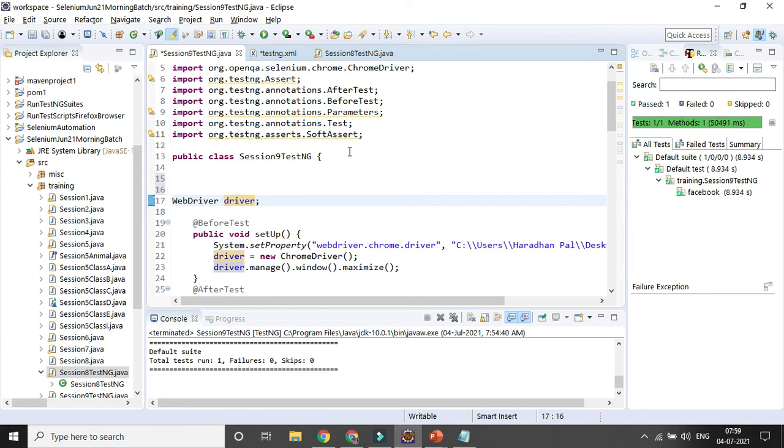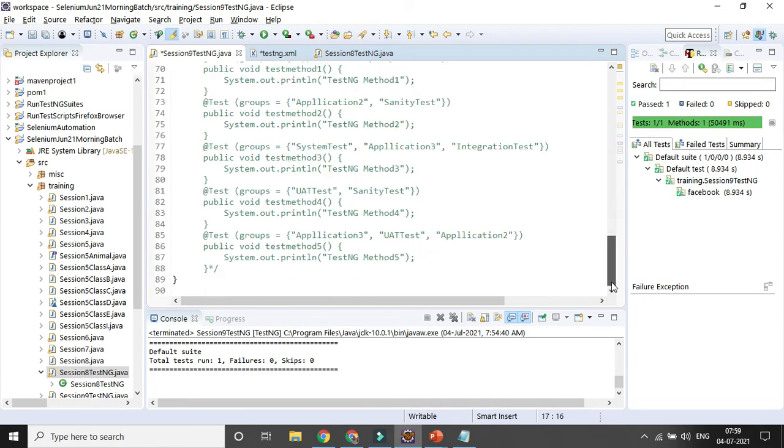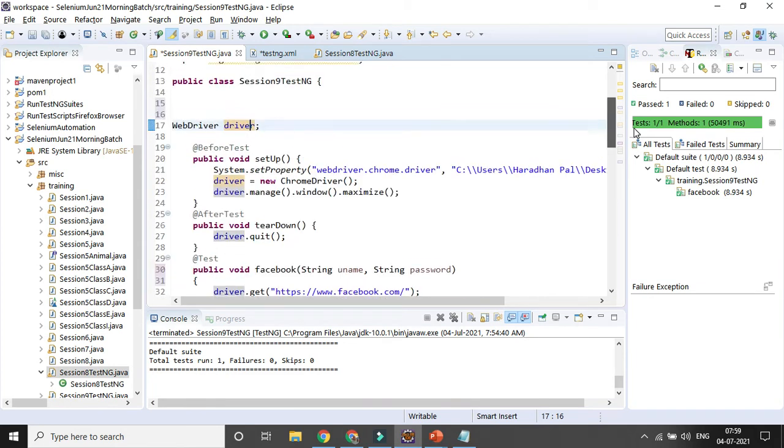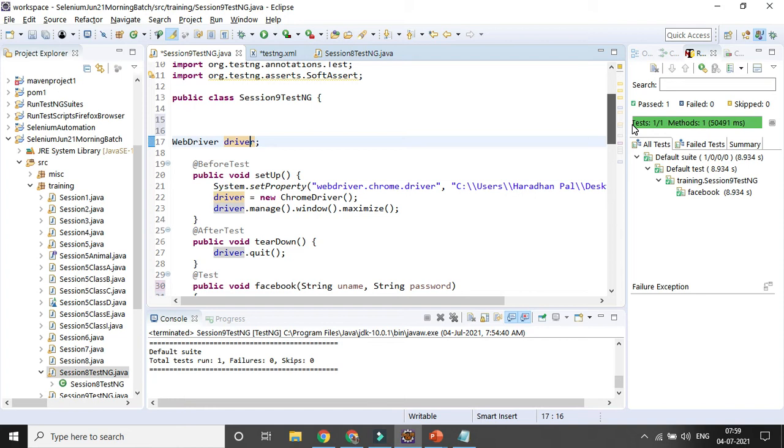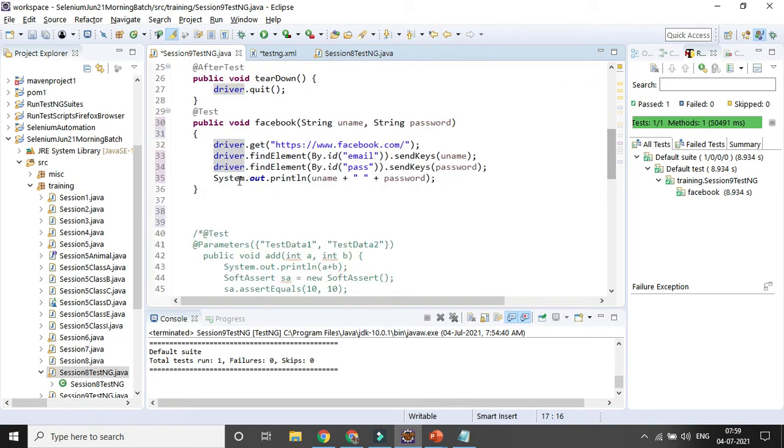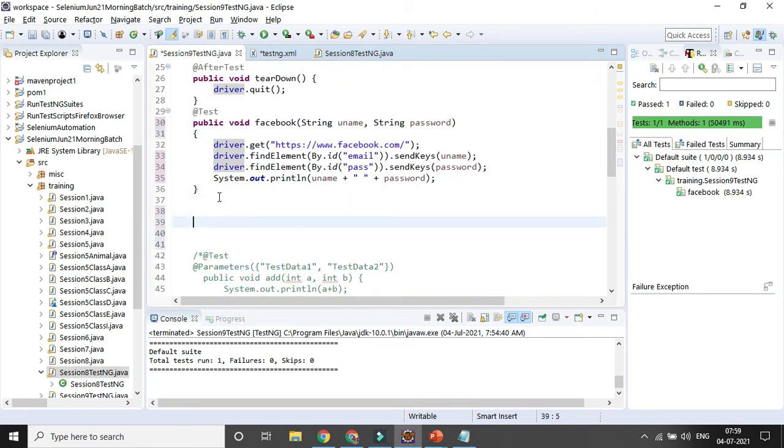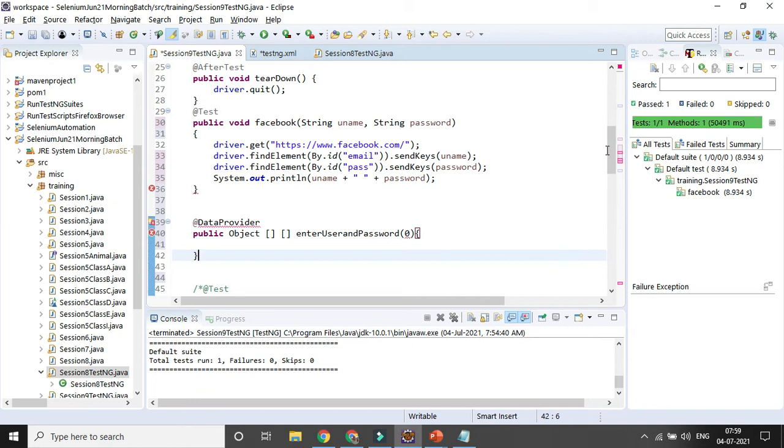At the class level, if I enter it, it should not create any problem. Let's try to do it here only. I think it's fine. Okay, let's try to import the data provider first.